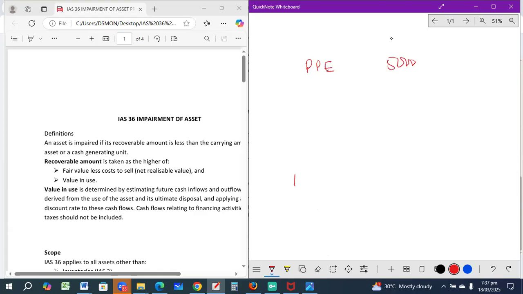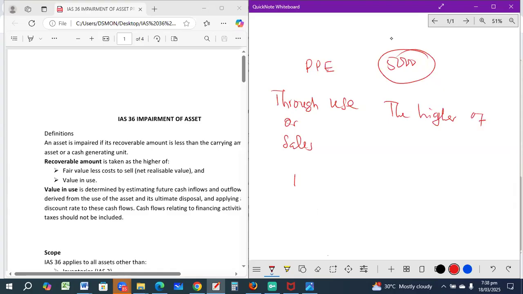And what you can derive from these assets, either through use or sale, anytime the carrying amount is more than the higher of these two values: fair value less cost to sell, and what? Value